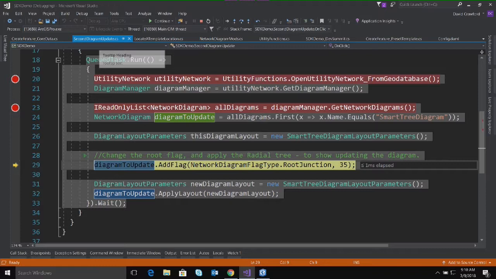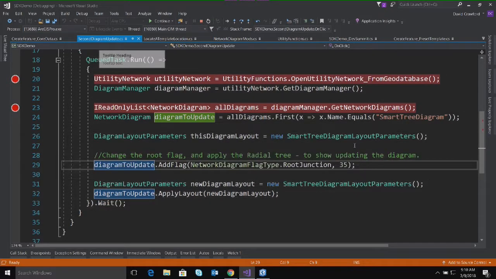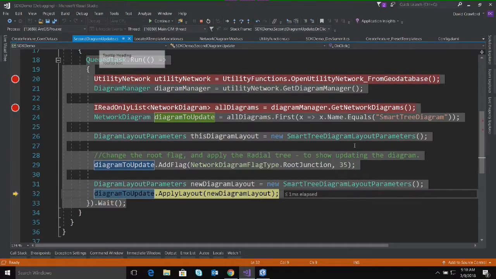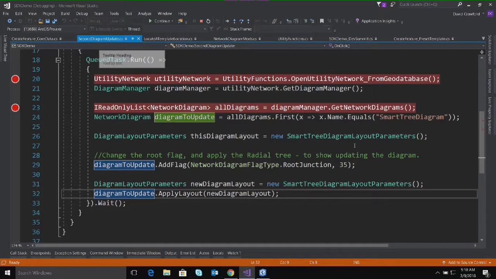I'm going to add a flag. In this case, I'm going to set it as the root junction. There are other types here besides root junction that you can use that will help you manipulate your diagram. And I know that element ID 35 is what I'm interested in. I can take that, add that flag to the diagram, apply that algorithm to it,